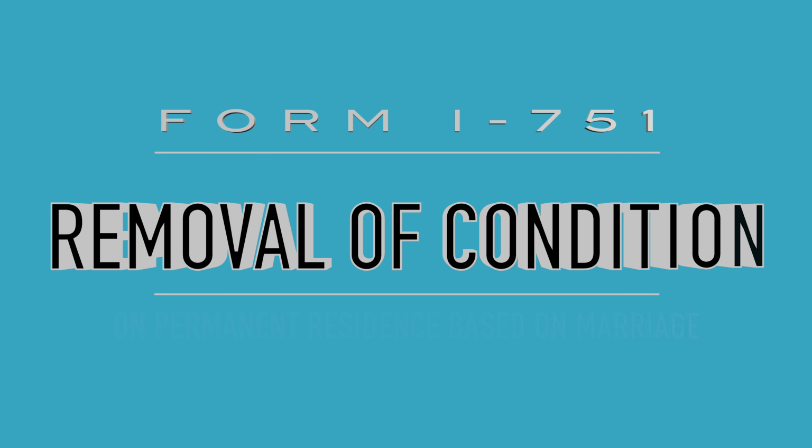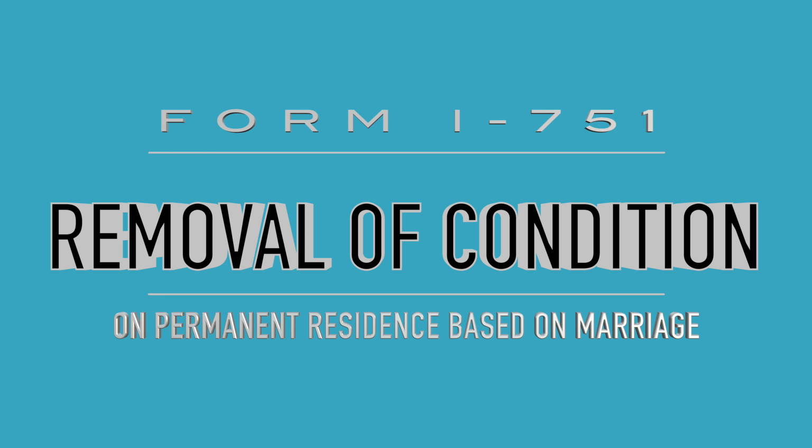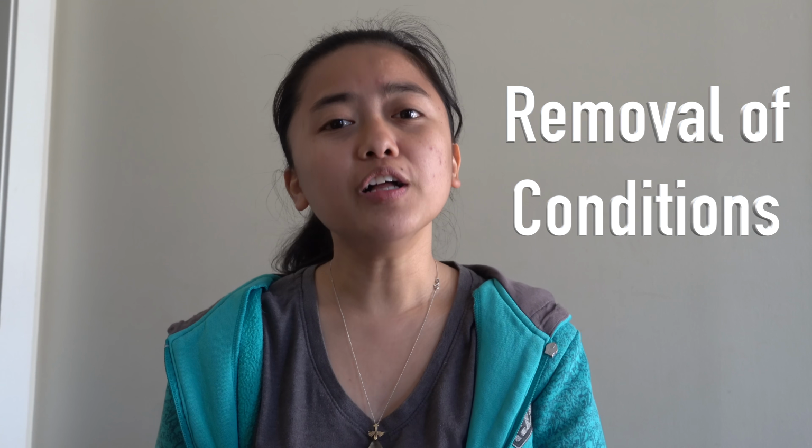This episode will talk about the application for removal of condition. So, if you are a K1 visa holder, you already adjusted your status after you got married here in the US, you got your 2-year green card, and after that, you will be required to process your removal of conditions for your permanent residency. Okay, this will be the last procedure before filing for naturalization or applying for citizenship here